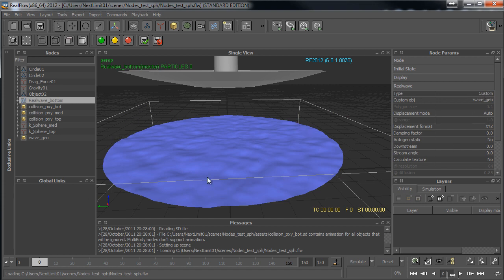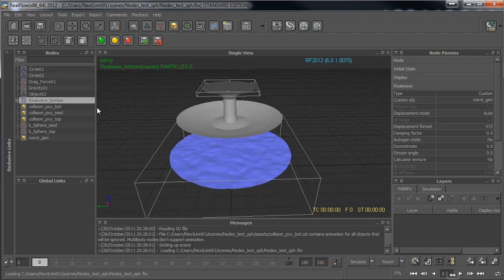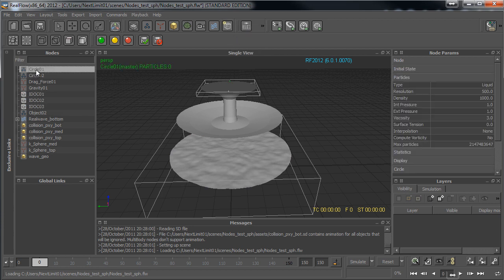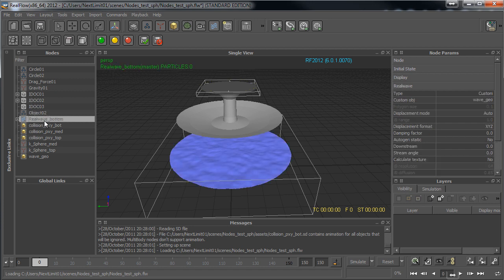You know that the RealWaves are square by default, but we can customize, we can define a shape with this tab right here. Okay, so we're going to set three different IDOCs in this case. And we're going to insert these two circles here, the hard stuff in the IDOC number 2, and finally the RealWave in the IDOC 3. Okay, I'm going to save this scene,